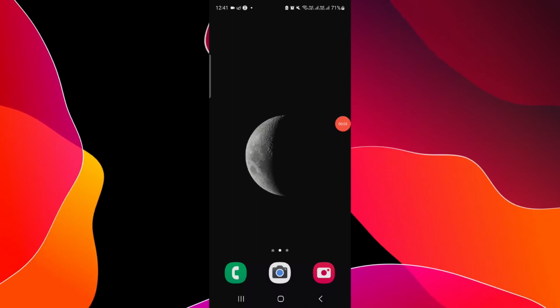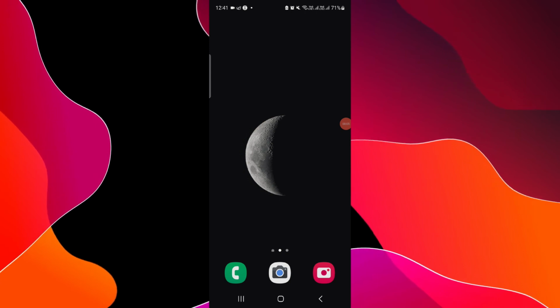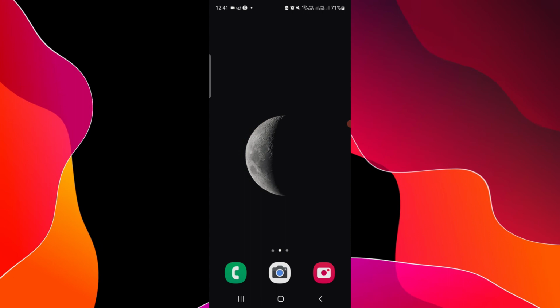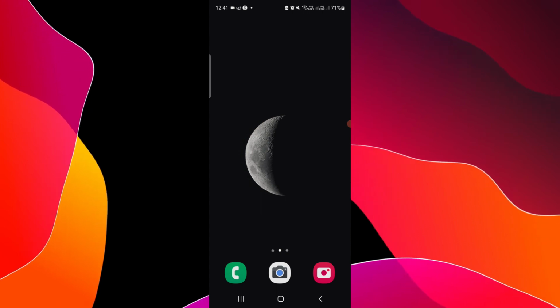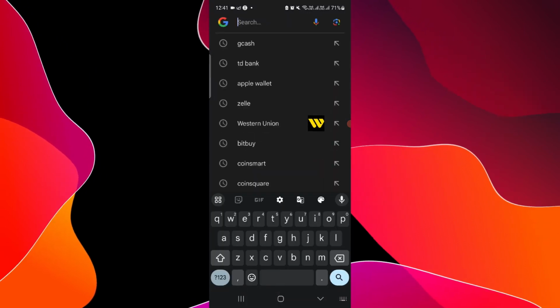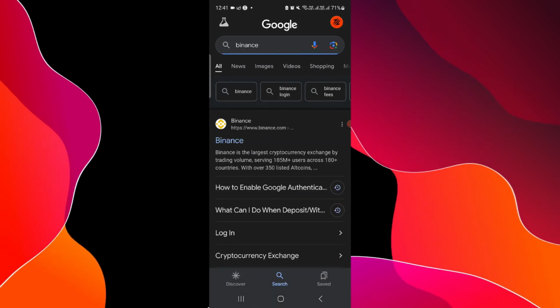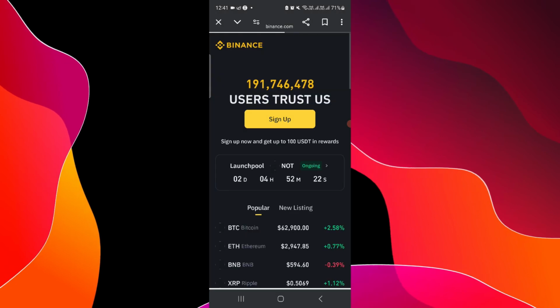In today's video, I will show you how to unlock your Binance account. So let's get started. To unlock it, you have to follow these easy steps. Go to Binance from here, then you can click on binance.com,